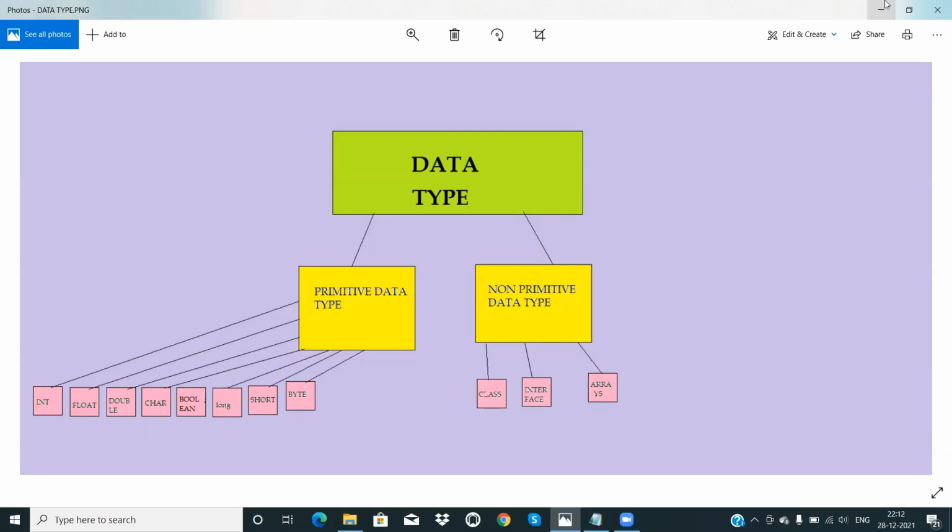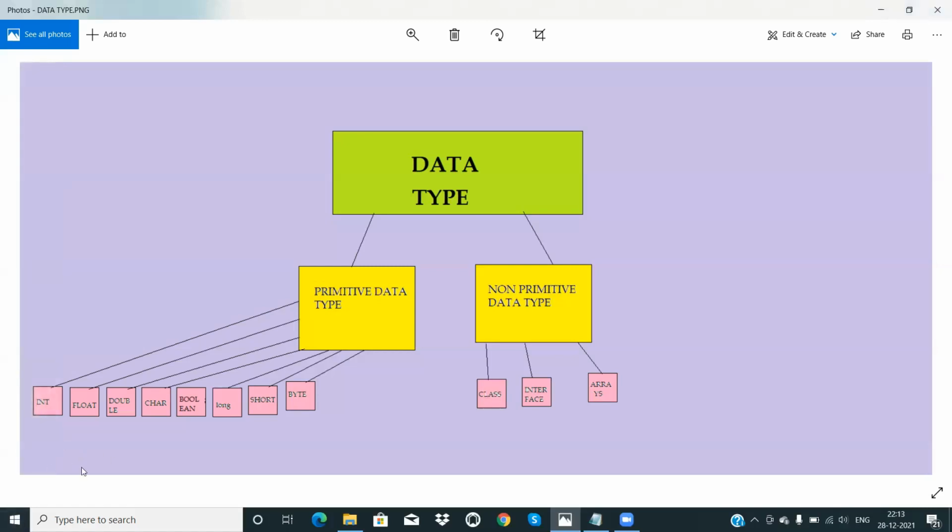With each category, there is some particular size, like memory size, that they have given you, and for different types of data they have categorized into a total of 8 data types, which are integer, float, double, char, boolean, long, short, and byte. We are only talking about primitive data types in this video, so my focus is only on that. About non-primitive data types, class, interface, and arrays, I will be making a different video.